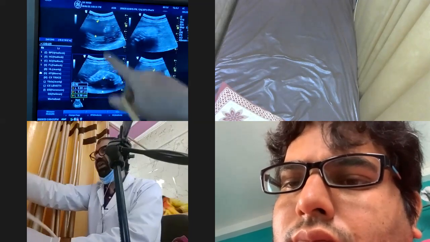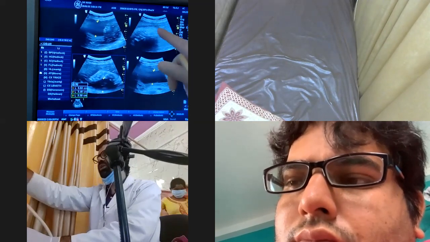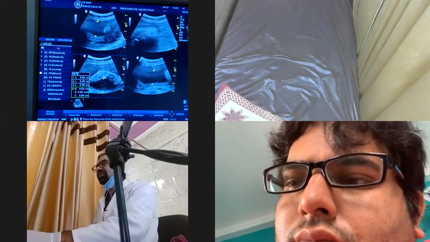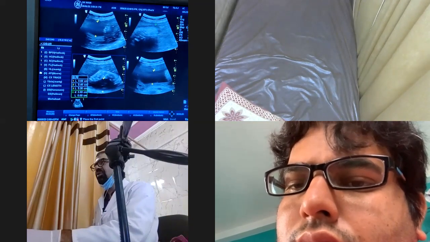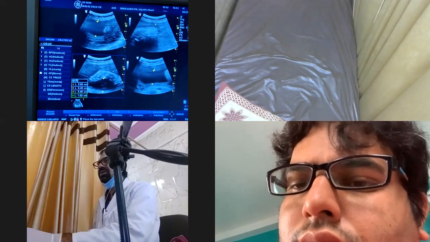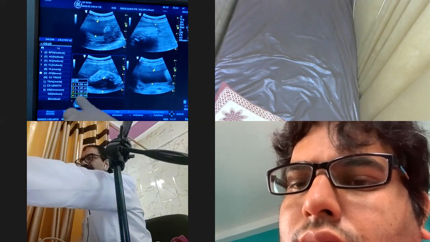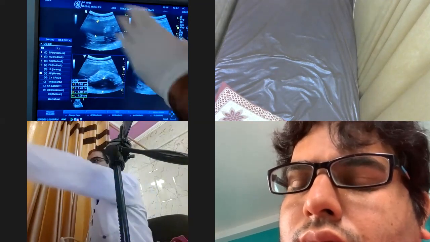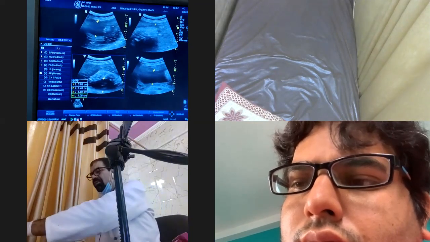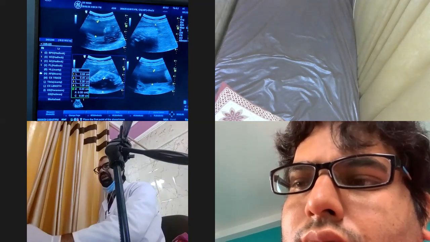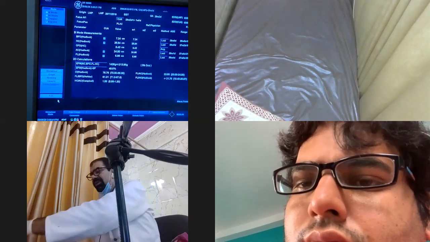These two pockets are 10.5. So I will take this also into account. This is a very small pocket. Now let us see if it is more than 2 centimeters. It will not be more than 2 centimeters. It's about 1. So a total of about 11 centimeters of amniotic fluid over here. So 11 centimeters is a normal amniotic fluid. This is how we can take the amniotic fluid measurements.